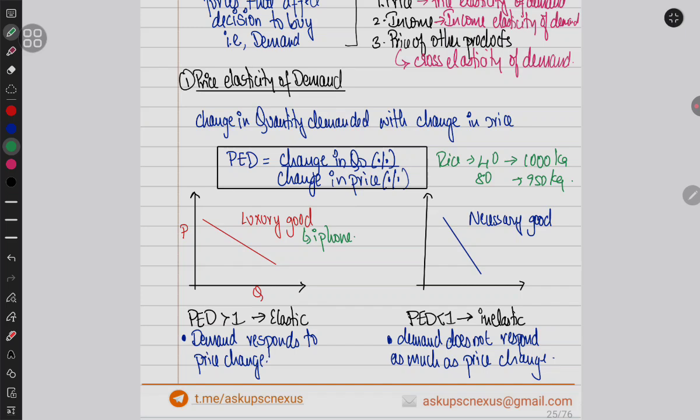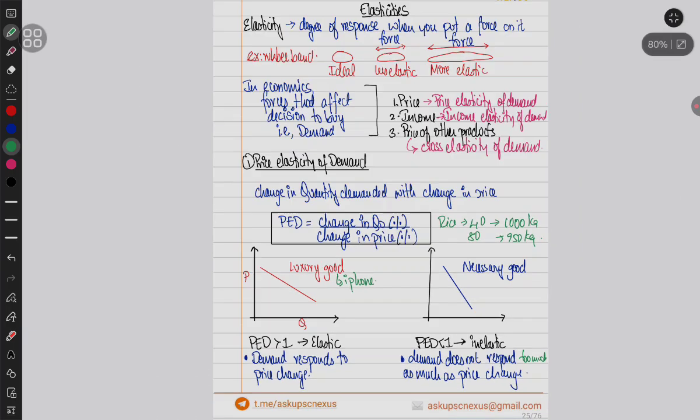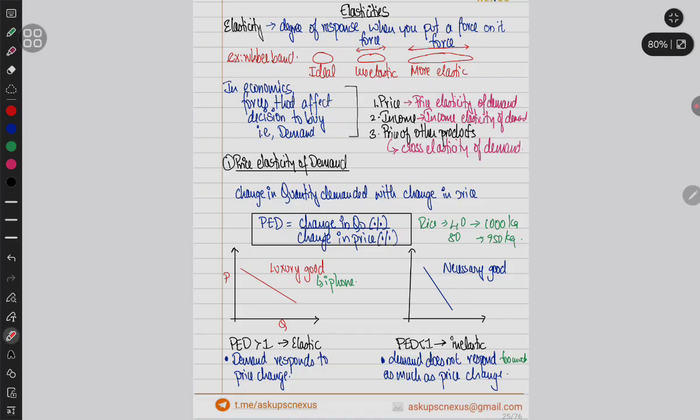So demand does not respond too much. There is a very slight response. Therefore price elasticity of demand is less than 1. So it is called inelastic, right? So I hope you understood price elasticity of demand, that is change in quantity demanded with change in